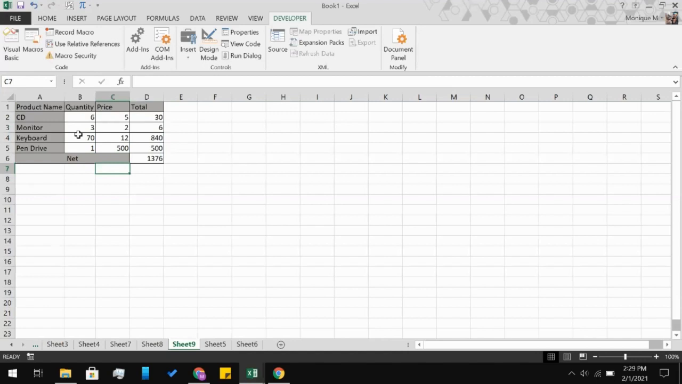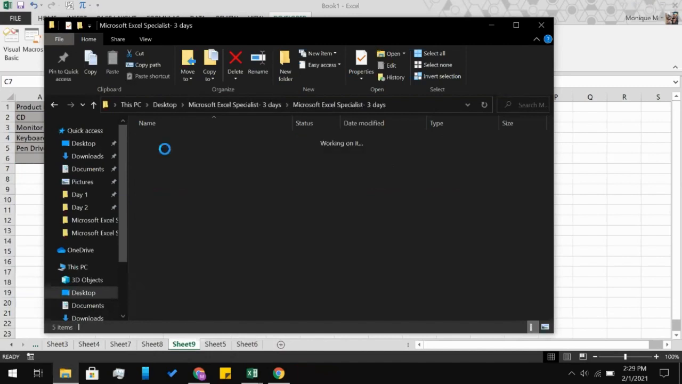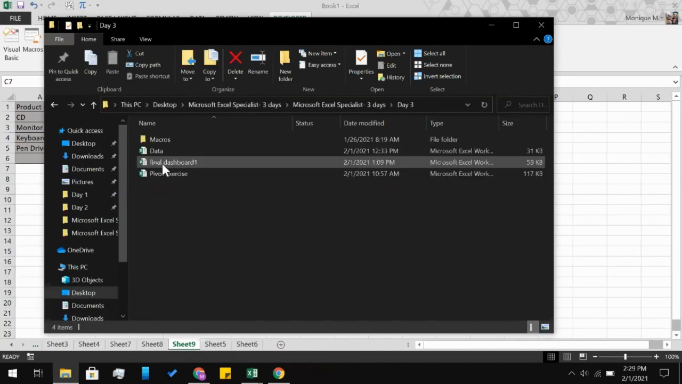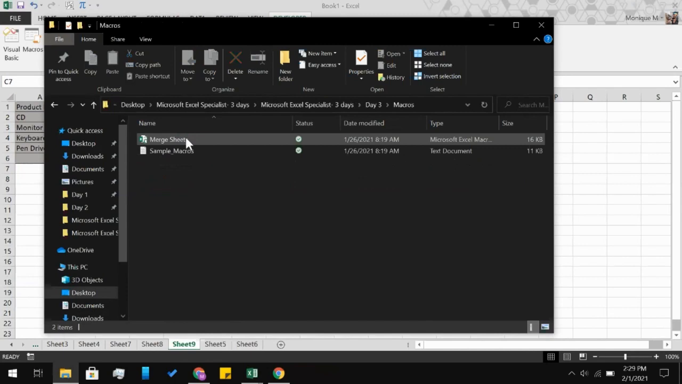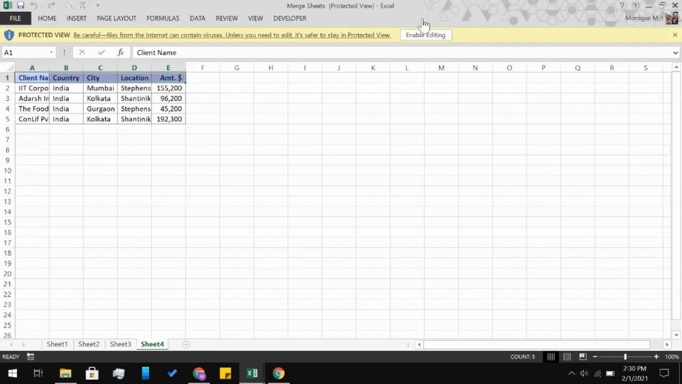Let me show you some other macros also, which has been used. So if you can go to the day 3 file, the folder, and there's one more folder in that, the macros. And if you click on merge sheets,